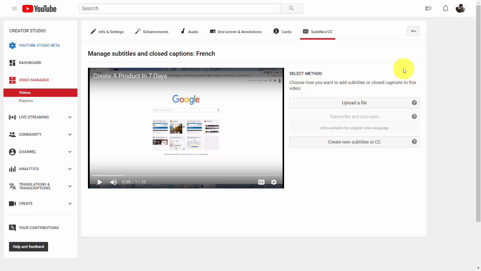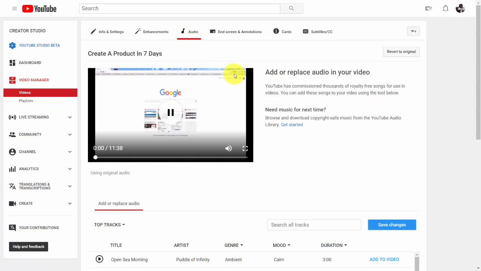Welcome back. Now, depending on what your live stream is and what you're trying to do, another part of the post-production process may be to add music. You can do that inside of your video editing screen by going to this link that says audio. When you do that, you'll notice that you can add or replace audio inside of